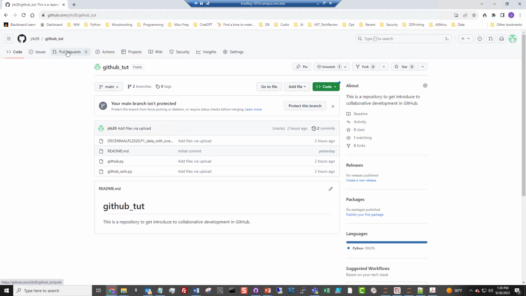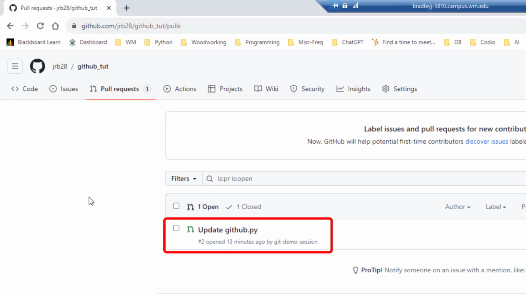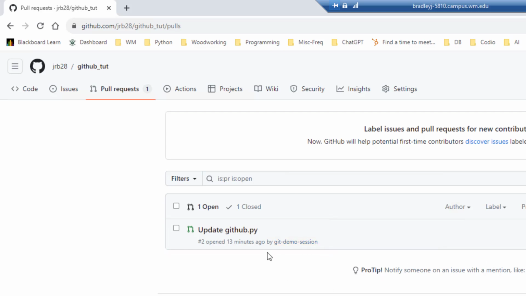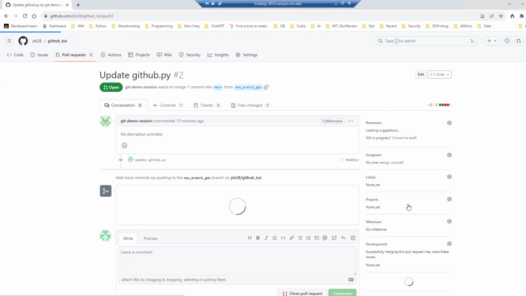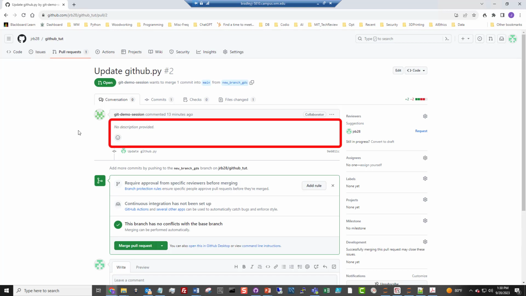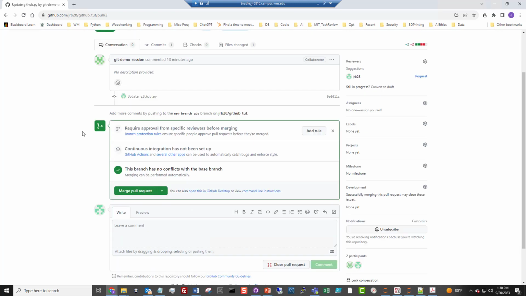And so I click on pull requests, and I can see there that somebody updated github.py, and indeed it was done by the user git demo session, which is my other GitHub identity. So I'm going to click on that and see what's going on. If I would have made a comment to JRB28, the owner of the repo, it would have shown up here, but I didn't do that. So we're going to scroll down,